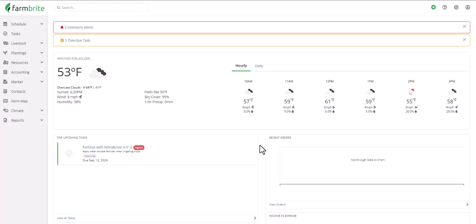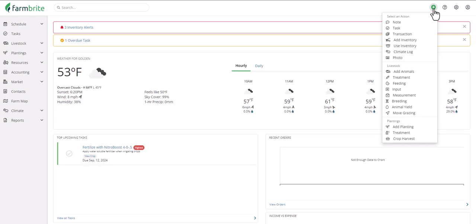First, know that while I'm recording this on the desktop version so you can see it better in the video, all of the features I'll outline here are available in FarmBright's mobile experience as well. You can also record notes in FarmBright's offline scout mode. So if you're in a rural field with no internet connection, you can still record notes and tasks from that location. The easiest way to quickly take a note when you're out in the field is to use the Quick